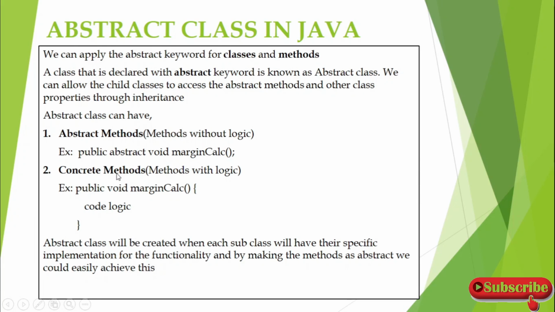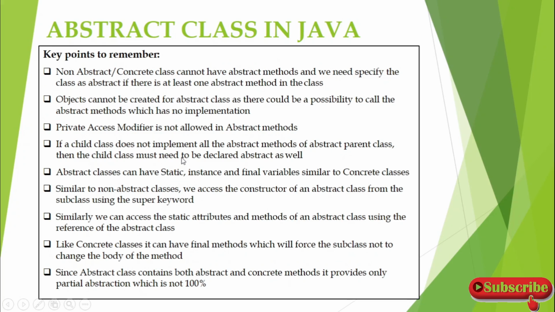Concrete methods are nothing but normal methods. The way you create a static or non-static method is called a concrete method, and you have to write your code logic. And the last one: abstract classes are created, as I said, if you have any specific functionalities needed between each child class, then you can specify the method prototype, and they can override that method in the child classes. You will not be specifying the implementation in your parent class, so it gives you more safety and security, and that is called abstraction also. Here we have some key points to discuss regarding the abstract class, which we will see with a good example now.